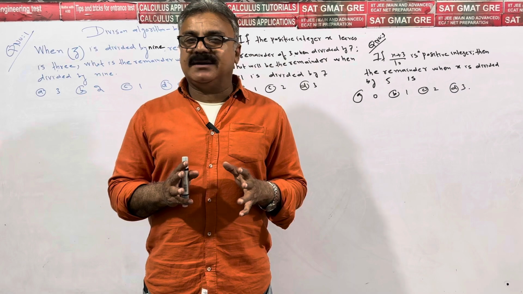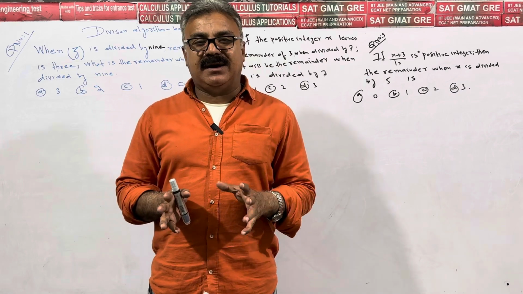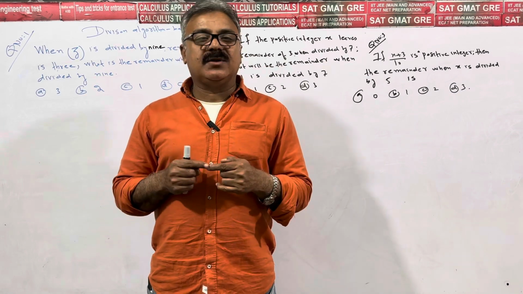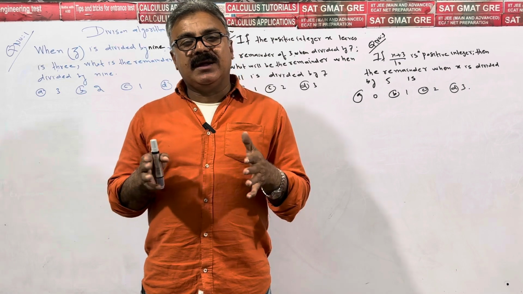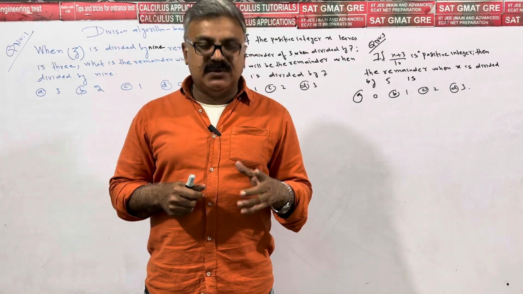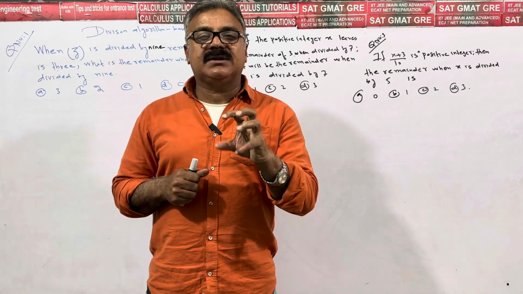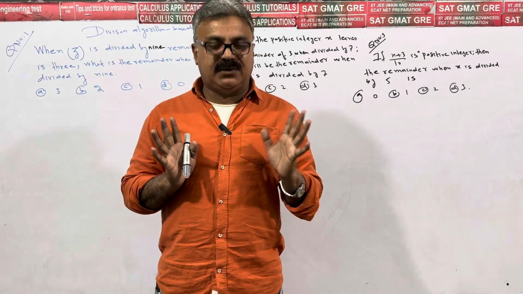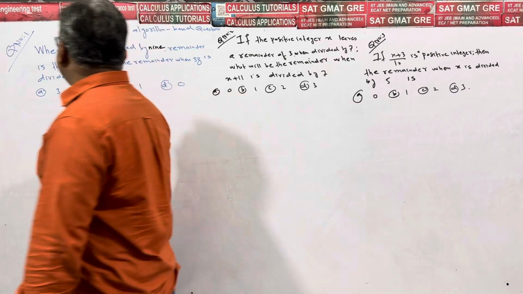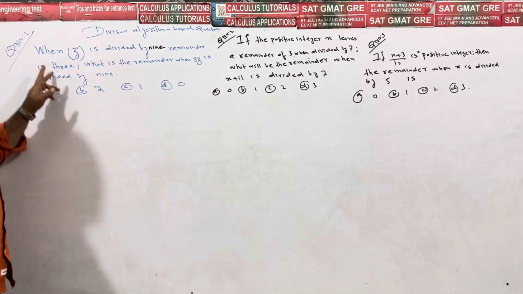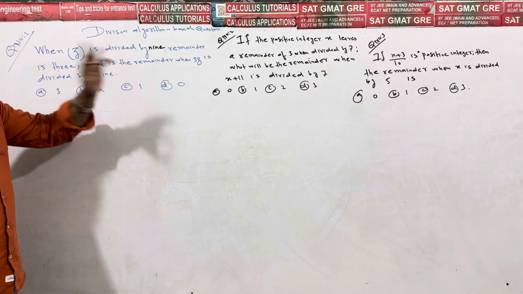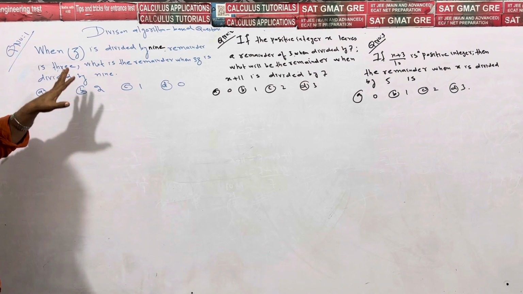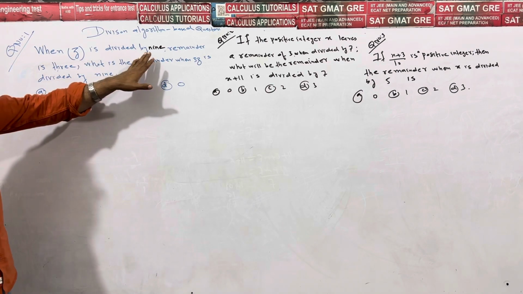In appearance, this is not regular mathematics, they are hard nuts to crack, but follow the definition, think through by definition what you mean by algorithm, and you are going to get through. Always stick to the definition, work within the parameters of the definition, and you are going to get through. Our question number 1 reads: when z is divided by 9,